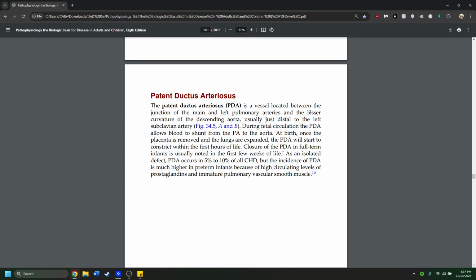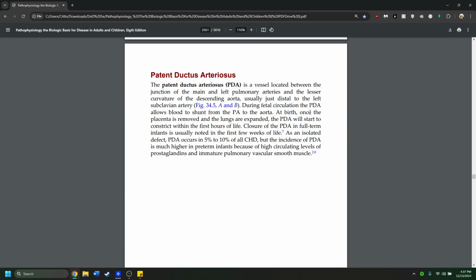So then we have a patent ductus arteriosus. It is a vessel located between the junction of the main and left pulmonary artery and the lesser curvature of the descending aorta, usually just distal to the left subclavian artery. During fetal circulation, the PDA allows blood to shunt from the PA to the aorta. At birth, once the placenta is removed and the lungs are expanded, the PDA in full-term infants is usually noted to be